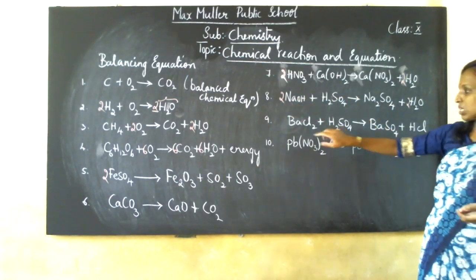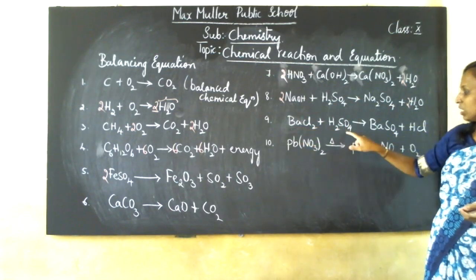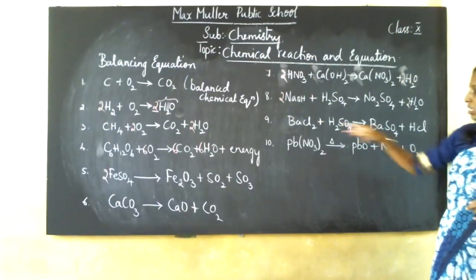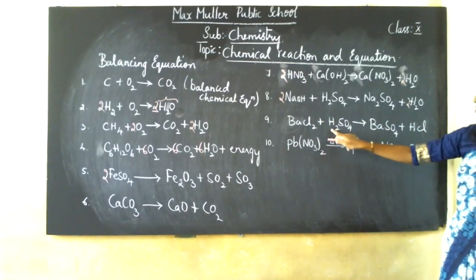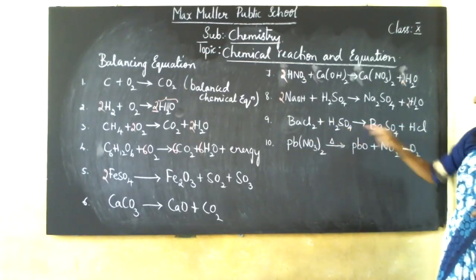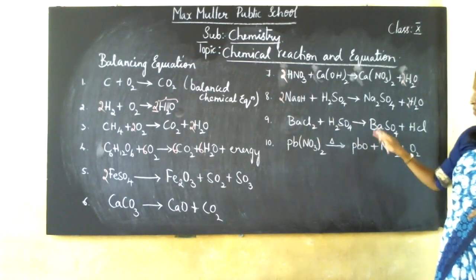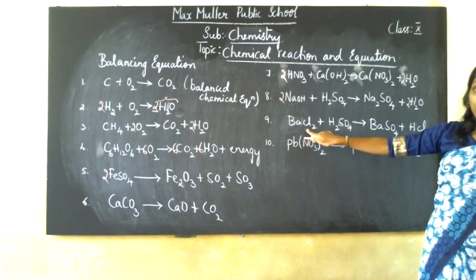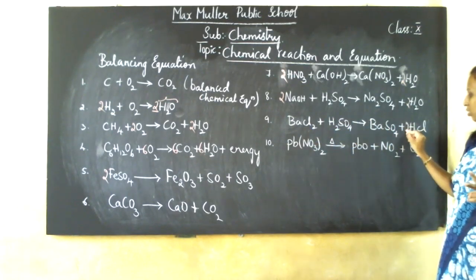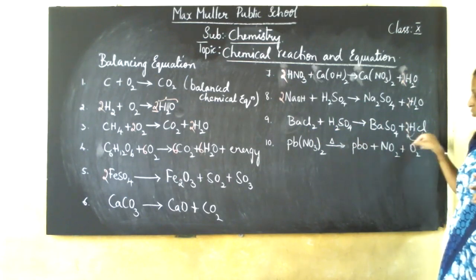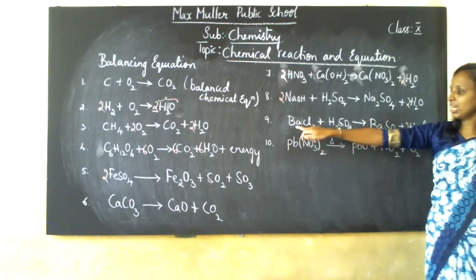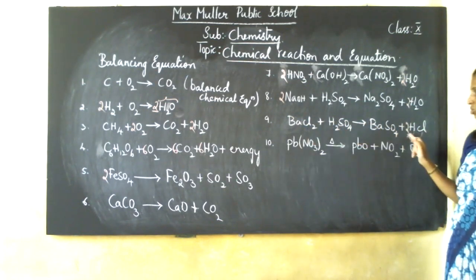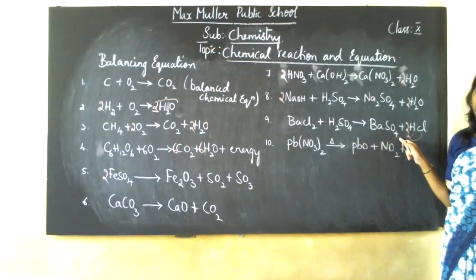Right? Next equation you see: barium chloride plus sulfuric acid gives barium sulfate and hydrochloric acid. Ba is 1, Ba is 1. Cl2, Cl1, H2. Here H is 1. SO4, SO4. See, Ba same, SO4 is same, children. Hydrogen and chlorine should be increased. How much? 2. Chlorine is 2, hydrogen is 2. Take 2 here. Is the equation balanced? Check once again. Barium is 1, barium is 1. Chlorine is 2, chlorine is 2. H2, H2. Sulfate is 1, sulfate is 1.